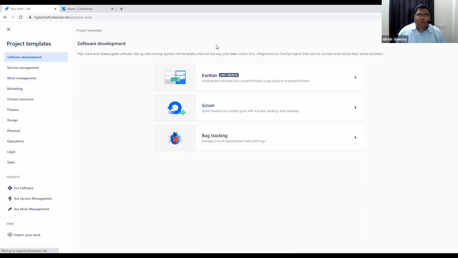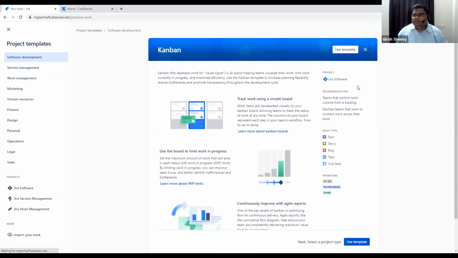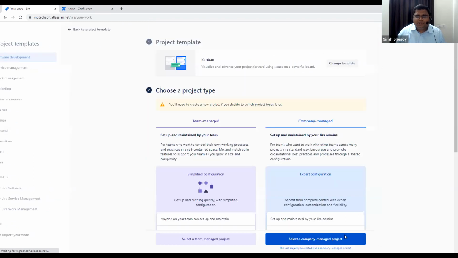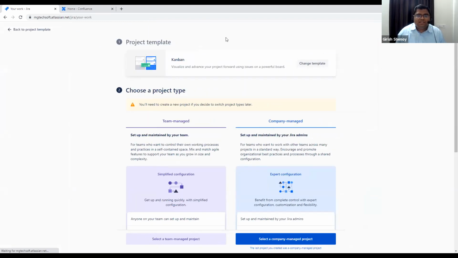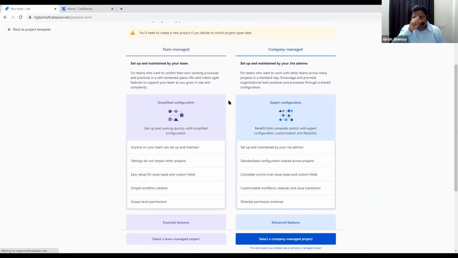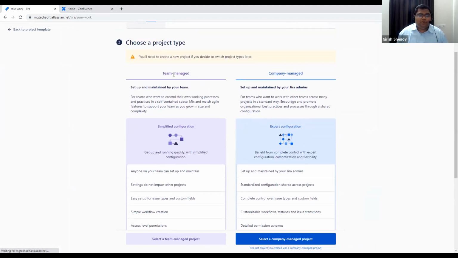So we'll create a software project right now. I'm going to select Kanban. Now it is going to ask to select a project template. So I'll use this template, which is Kanban. Now it is going to ask me, do you want to create a next-gen project, or I can say team managed project, right? Where you can have your own workflows, your own statuses, fields, and all that. Or you can have a company managed